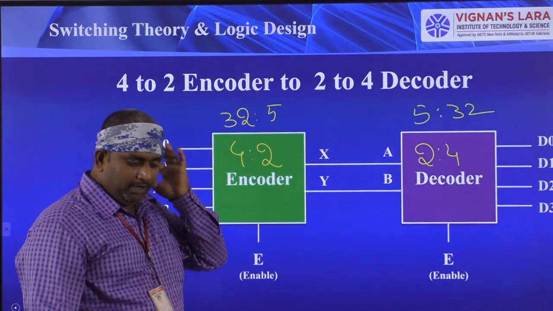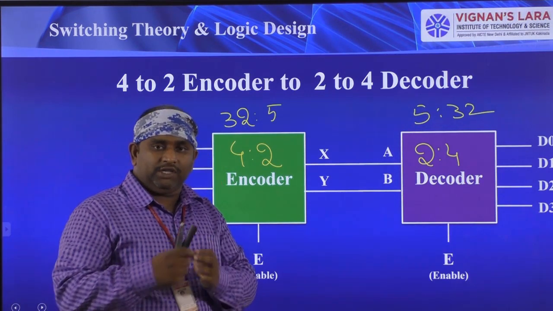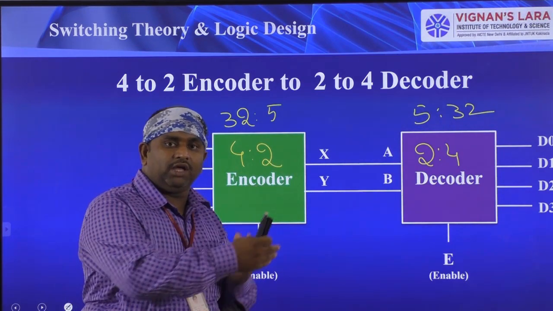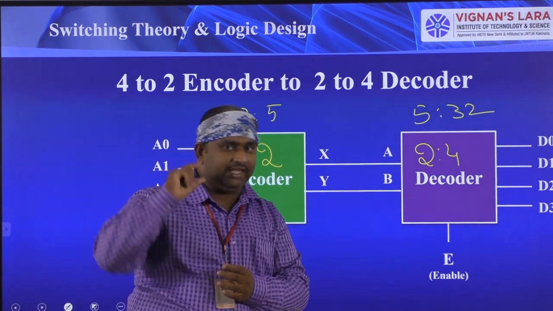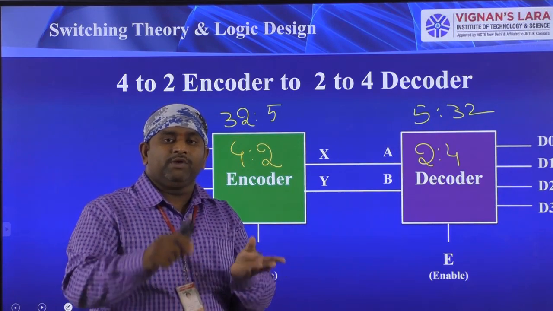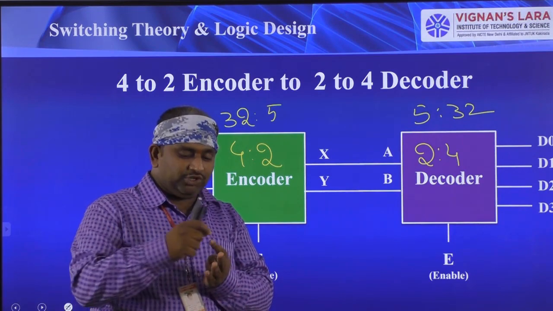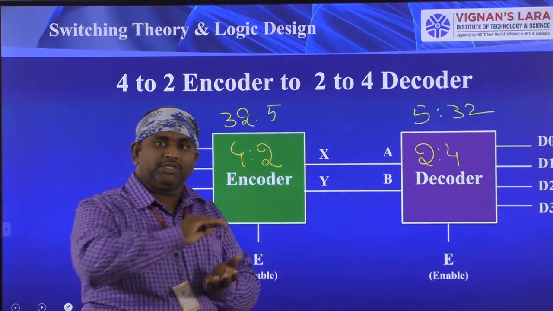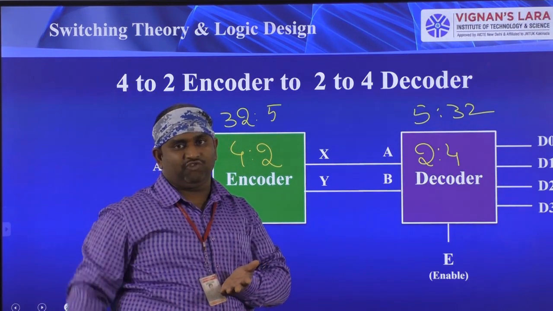For example, a cable TV operator is connecting different dish networks from the satellite, and he is giving the channel information to our houses. By using a single cable, he is not establishing a separate connection for each TV. For ETV, he is not giving one cable, and for Gemini TV, he is not giving another cable. By using a single cable, he is transmitting more than 500 channels, or 600 channels, or 1000 channels of information.